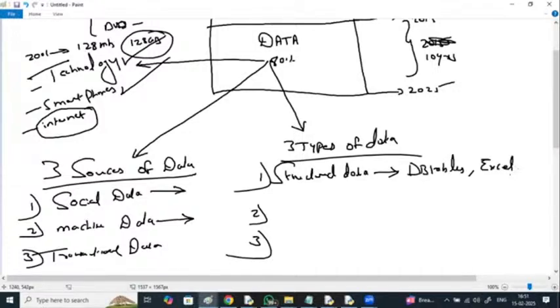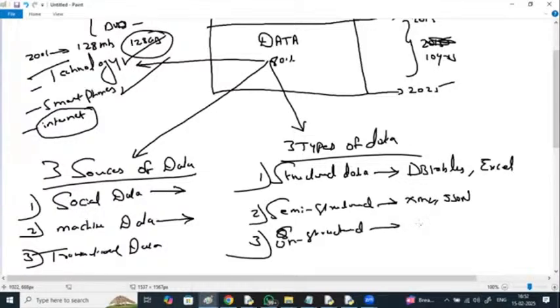Semi-structured data, which is not fully structured and not fully unstructured, like XML files and JSON files. And unstructured data, like chat messages, articles, images, videos. All this comes as unstructured.